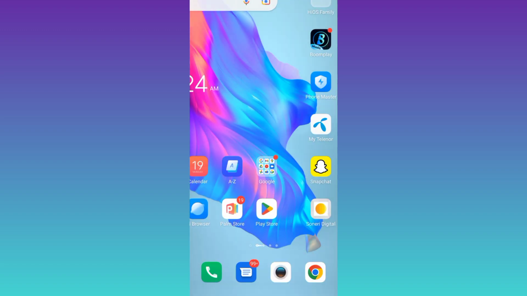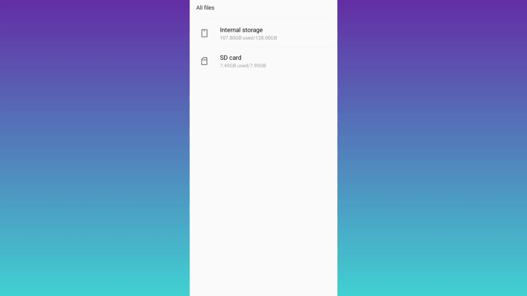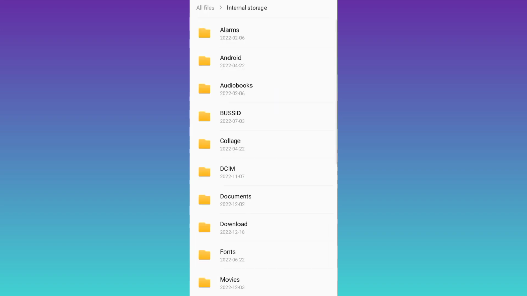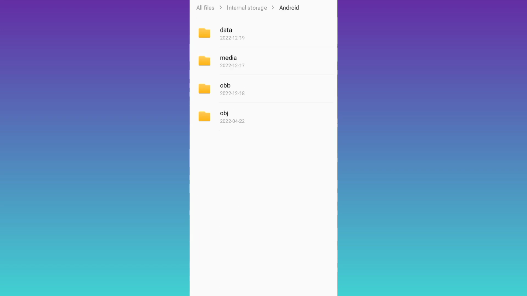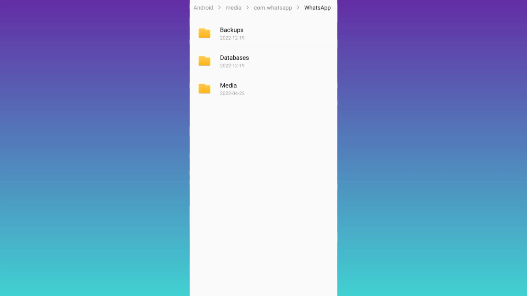And from here all you have to do is to click on this clear cache and then click on this clear storage option. Once you have done that, the next thing you need to do is to go to your file manager, click on all files, select internal storage, go to Android, select media, and then go to com.whatsapp, select WhatsApp, click